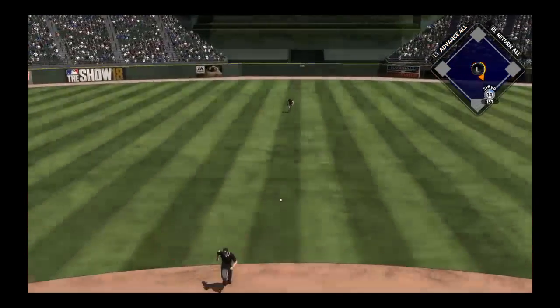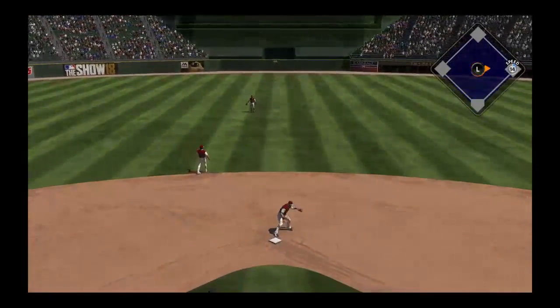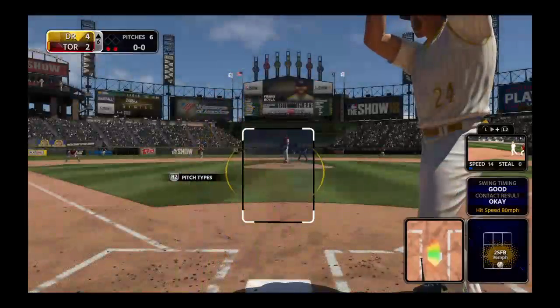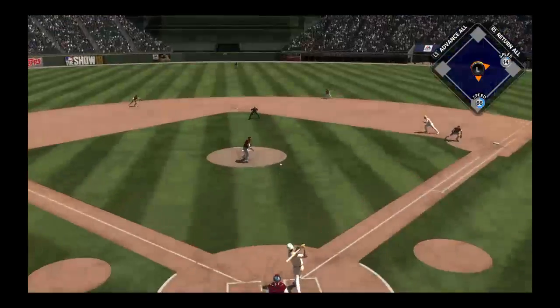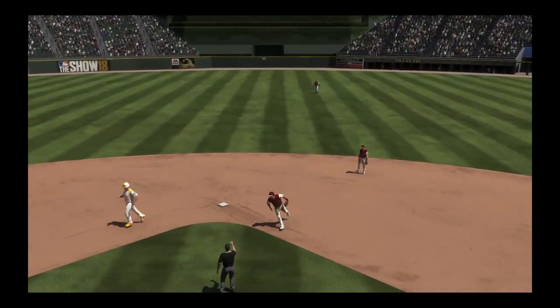Grounded back up the middle. And the pitcher's got himself a base hit. So worst case scenario, a 2-out base hit, and the pitcher will not lead off next inning. Now back to the top of the lineup. Stepping in, DJ Bronco, 0 for 2 with a sacrifice thus far. Throw on to second for the...